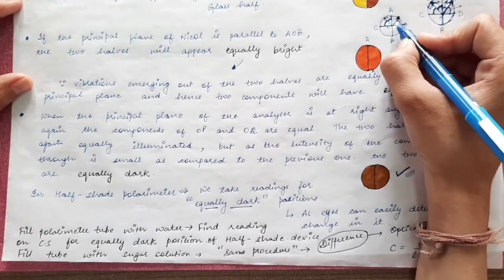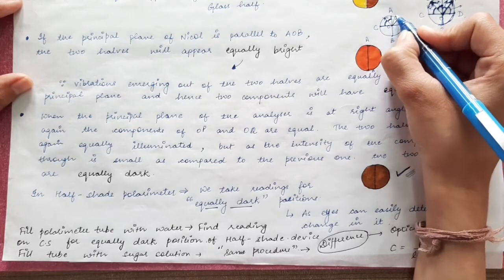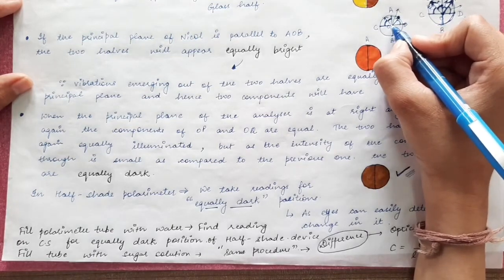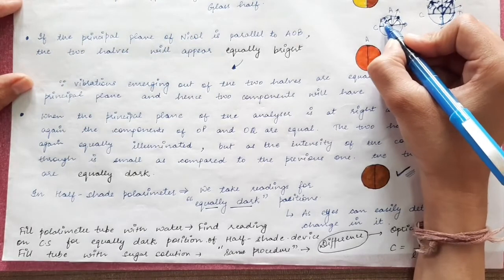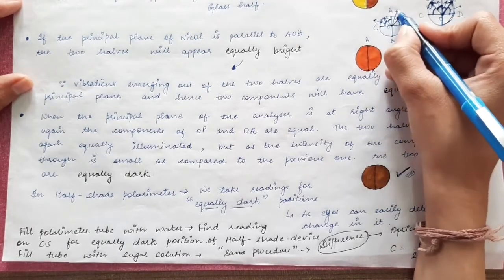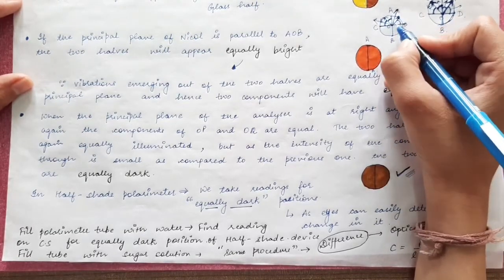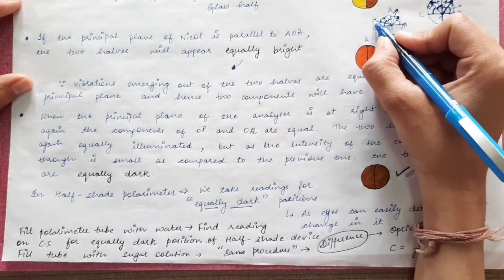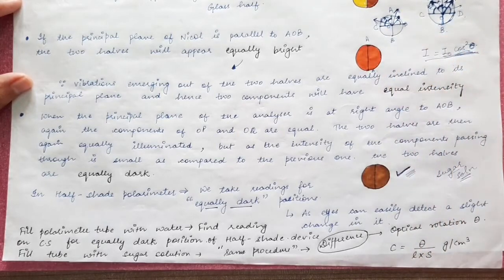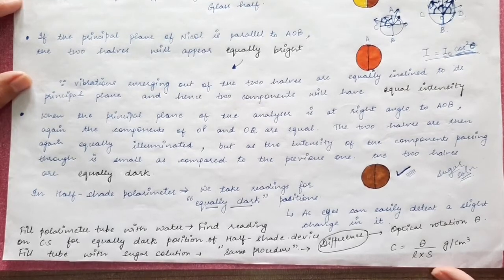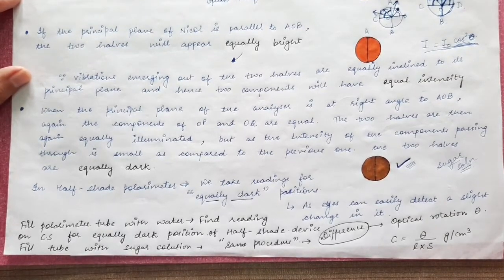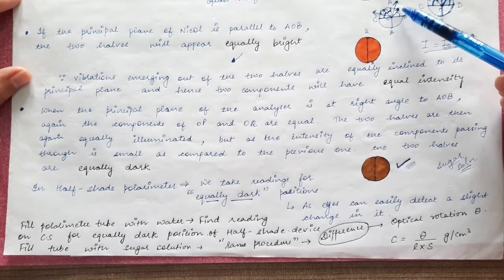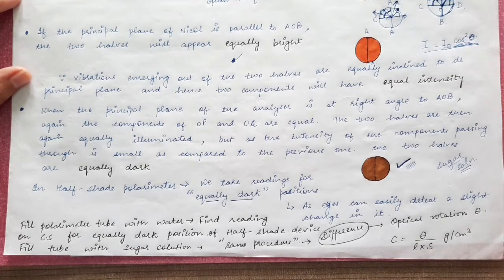So let's say now the vibrations are in this direction, and the other vibration is also rotated by a certain amount of angle and it is in this direction. So now this is the vibration which is coming from this half plate, and this is the vibration which is coming out of this plate when the light passes through the glass tube. So now when we fill the glass tube with sugar solution, the light coming out of the glass tube will have the vibrations of electric field rotated by a certain angle.